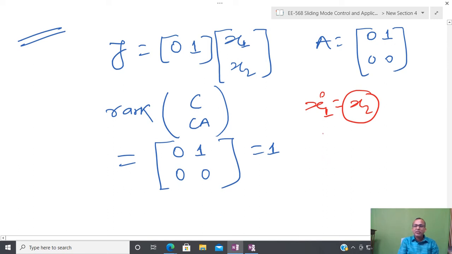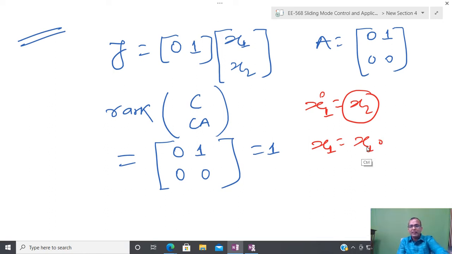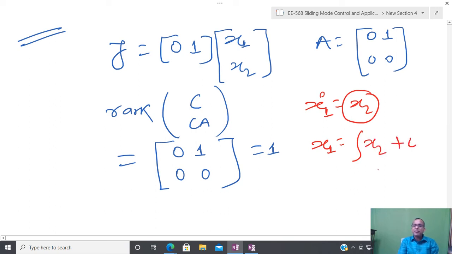Yes, sir. You can see here it is difficult. Why is it difficult? Because if I do not know the initial condition of x1, then if you solve this indefinite integral, I have the integration plus some constant c. Suppose I am not talking about a definite integral, then I do not know c. Due to that reason, if you know x2, I cannot calculate x1 uniquely.